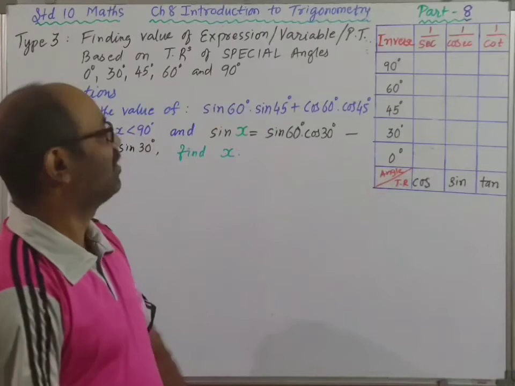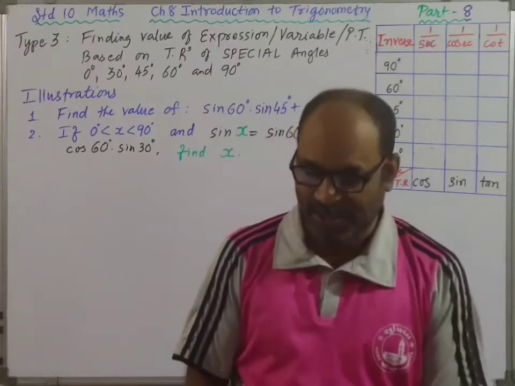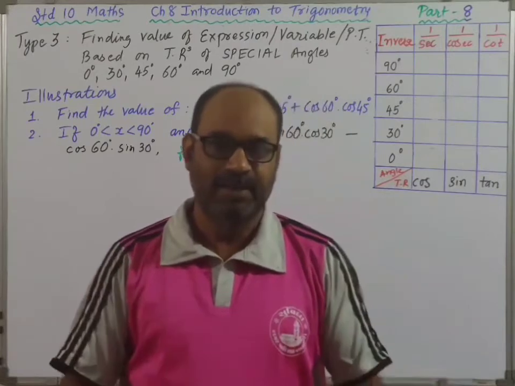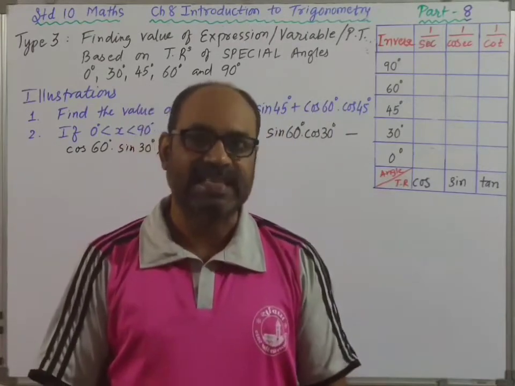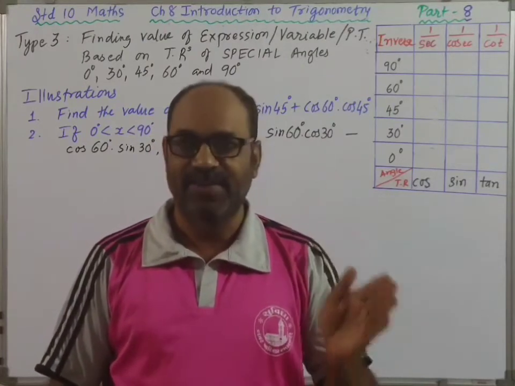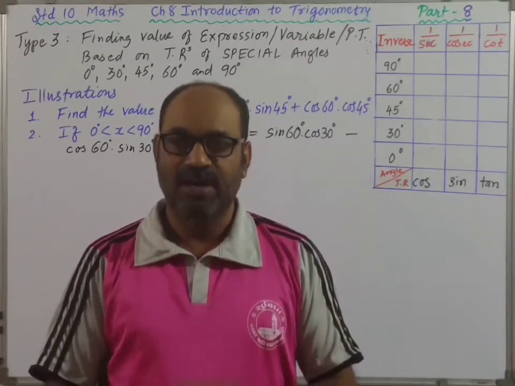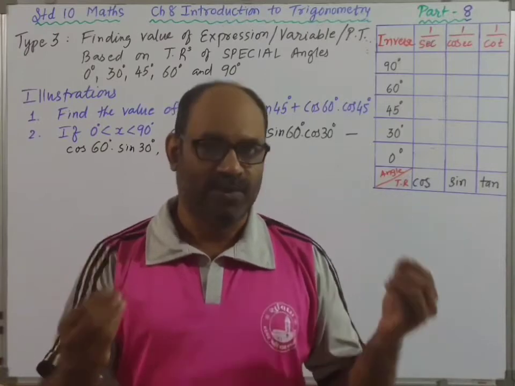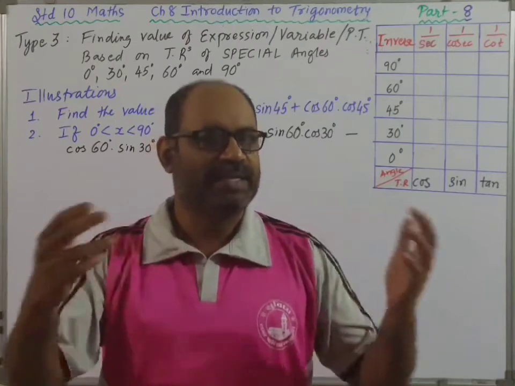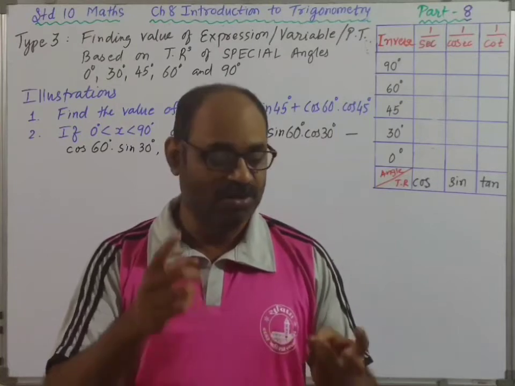Standard 10th Maths, Chapter 8, Introduction to Geometry, and we are into the 8th session. Well, in the previous session, we saw some sums similar or resembling to those given in exercise 8.1. Finding the value of sides, finding the value of angles, finding the value of expressions, and prove that. Under what condition? When you are given two sides of a right triangle, or you are given one side and one angle. So in different situations, you find the value of expression, you find the trigonometric ratios,